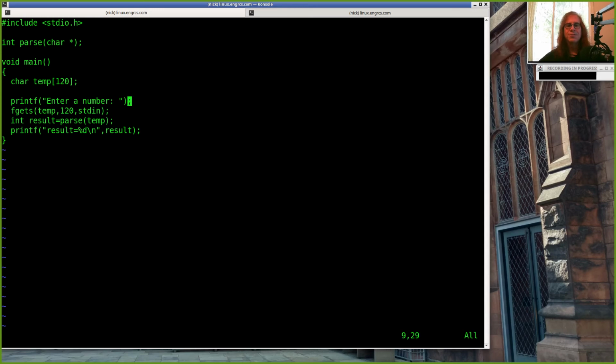All right, so we'll say enter a number. We'll enter a number, we'll use fgets to get that, we'll call a parse, okay? I'm not going to write the parse function you need for the ODP, we're just going to write a bogus parse function, just to see how we pass an array of characters, right? Temp is an array of characters, that's also called a string, and we're going to pass that to our parse